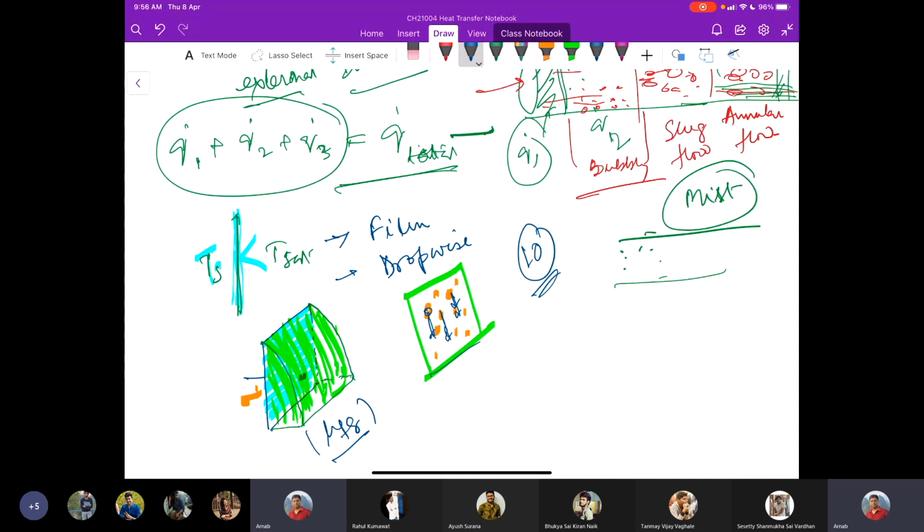So that is why when you design a surface, you have to consider the limiting case, which is the film condensation, into account, so that you are prepared for the worst case, that eventually it will be film condensation. So no matter if you make the surfaces modified for dropwise condensation, with a prolonged period, it eventually boils down to film condensation.